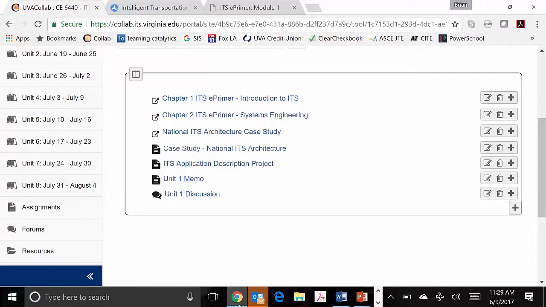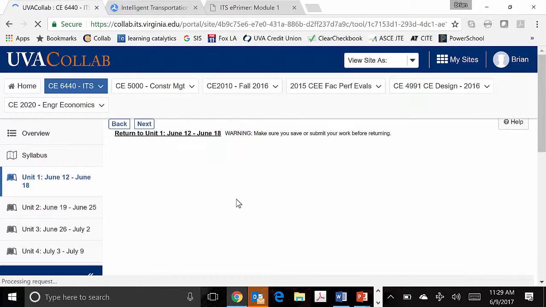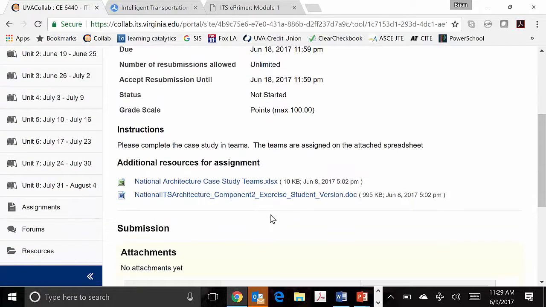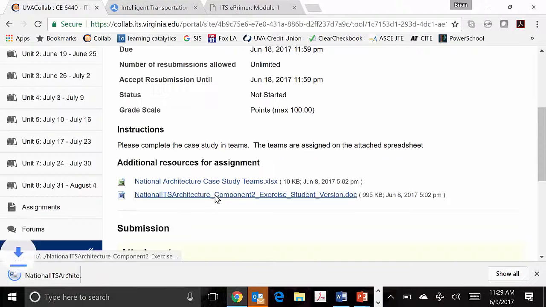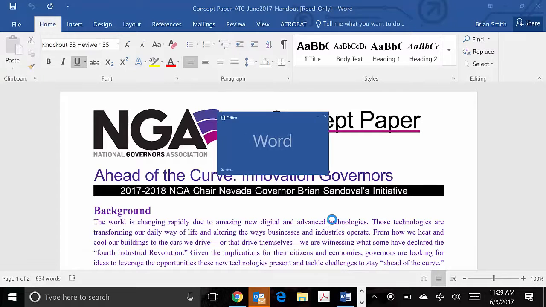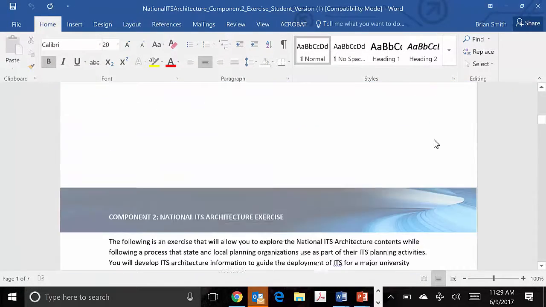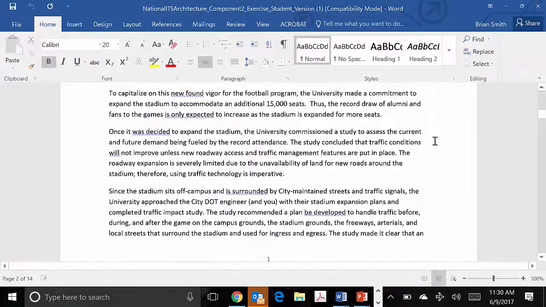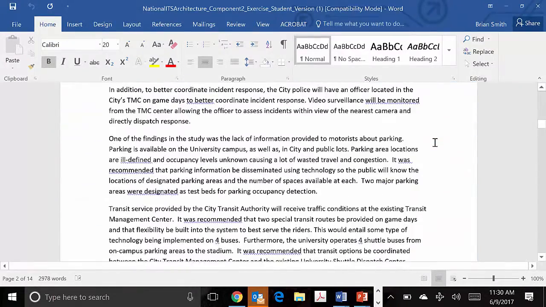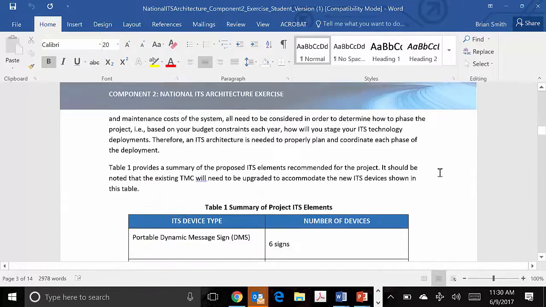Now let's go back to the unit, and you'll see here I gave you a link to the architecture case study website. Here's the actual assignment you're going to be working on. I'll click on this here, and it will take me to that assignment. And you'll see there's two documents. First is the actual exercise. And this exercise will walk you through this particular use of the architecture to support the traffic management center for the